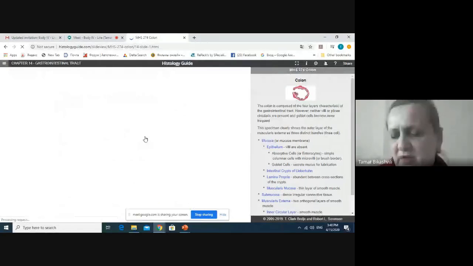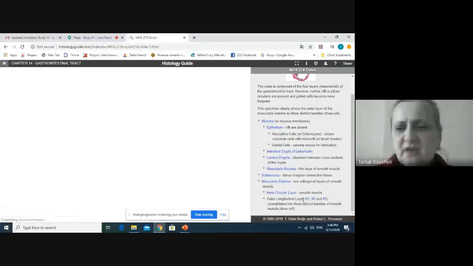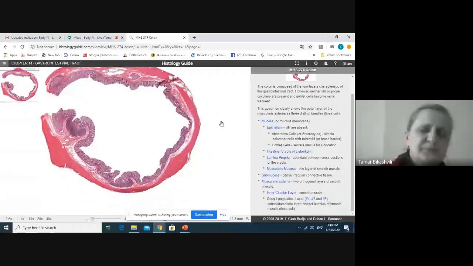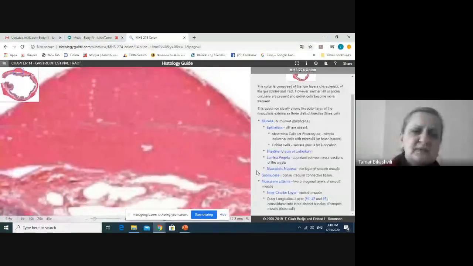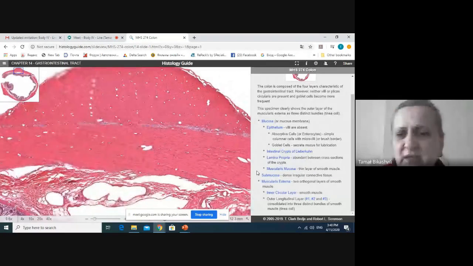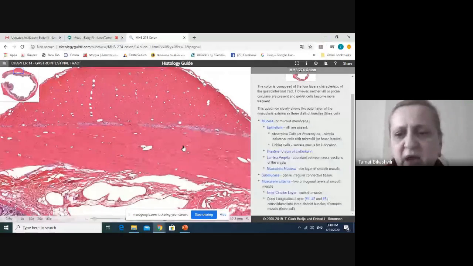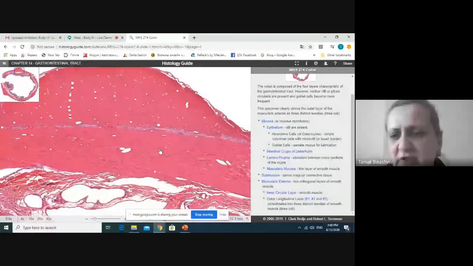So this is the large intestine, the epithelial lining, everything is visible. I only want to show the muscularis externa. Here it is specific: the inner layer is circular, and the outer is a longitudinal layer